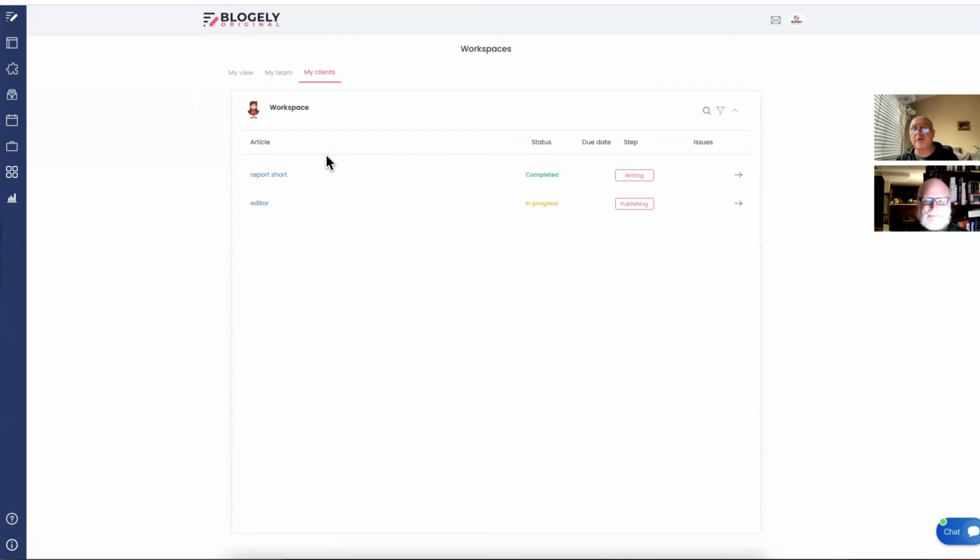Another question for you. Can I give read-only access to one person without creating any workflow? I mean, the workflow should still be there, but could I give access without giving any step?